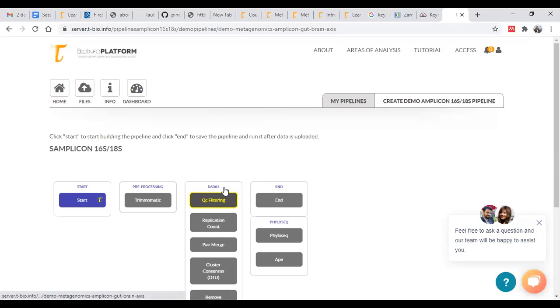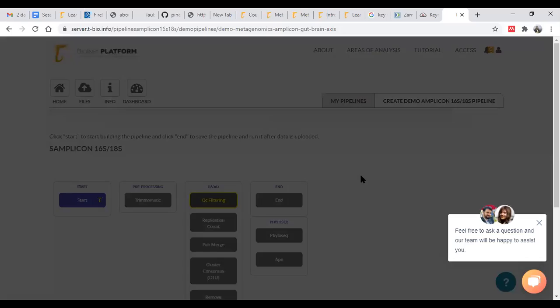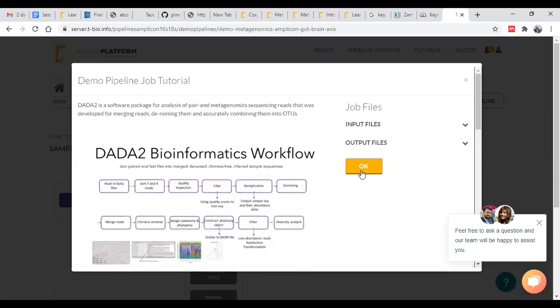That is the Divisive Amplicon Denoising Algorithm. Here QIIME is actually included for the analysis purpose too. The first option that is getting highlighted under the DADA2 pipeline is QC filtering. It will assign the file names for the filtered FASTQ files. So there are different steps.